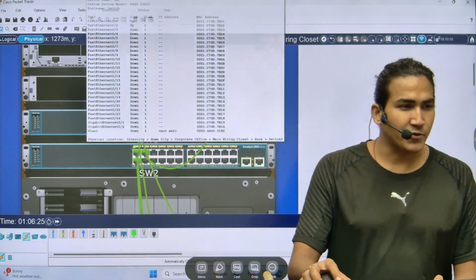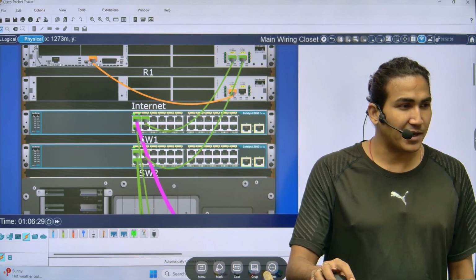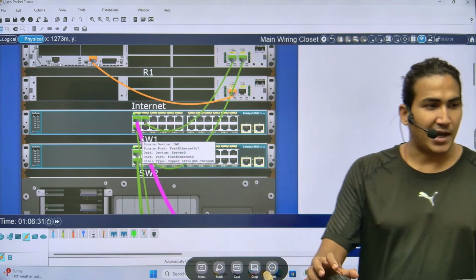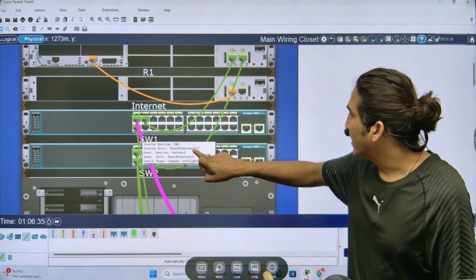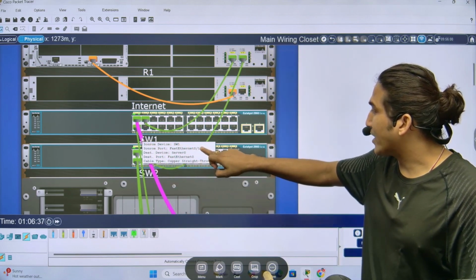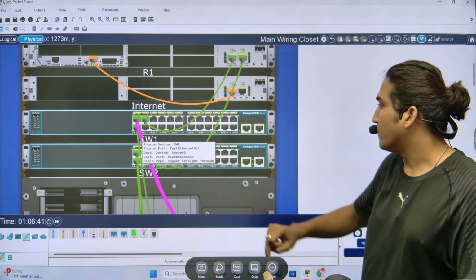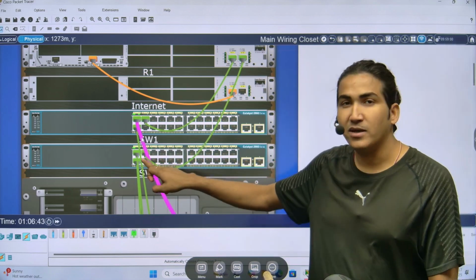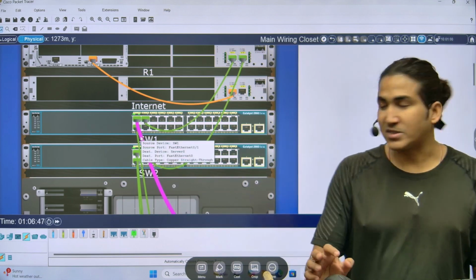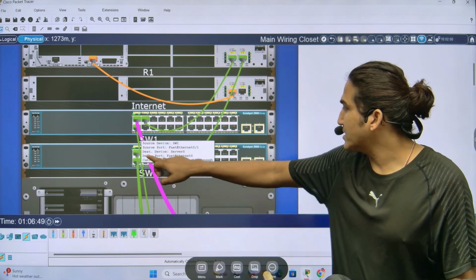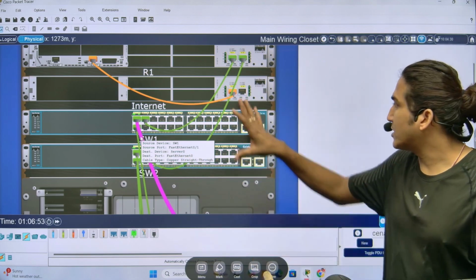Even if you want to know the port number, you can take your cursor to the cable. Like here, you can see I am on switch 1, and this port is F0/1, which is connected to router Fast Ethernet 0, right? Connected to server Fast Ethernet 0 port. This link is connected to the server's destination port F0/0, right? So this is my physical